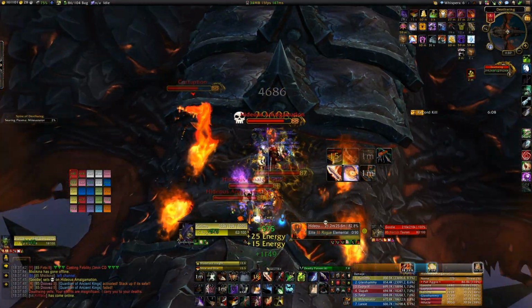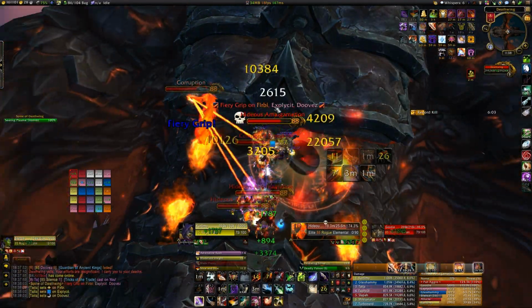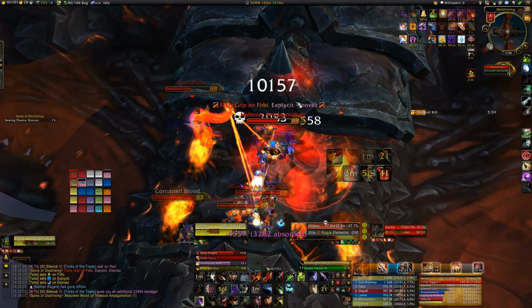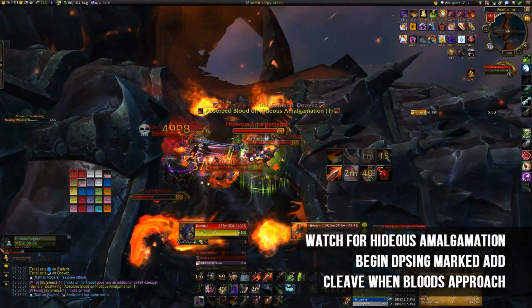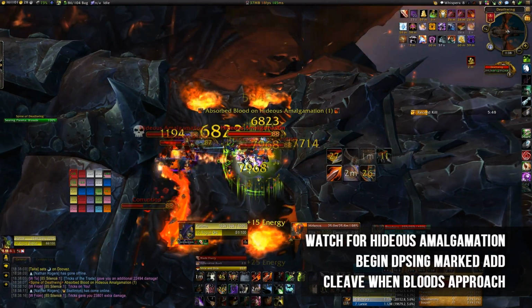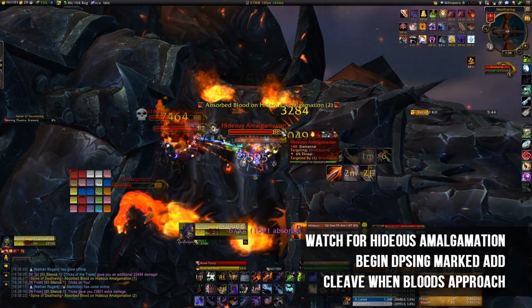Now these corruptions will freeze your raid. So they're pretty nasty. The best way to deal with them is to keep as few of them alive as possible. As soon as that happens though, a hideous amalgamation is going to spawn, and you're going to see corrupted blood start spawning out of the fire pools that the corruptions were in. We drag the corrupted bloods to the hideous amalgamations, and this is where my combat spec with Blade Flurry is